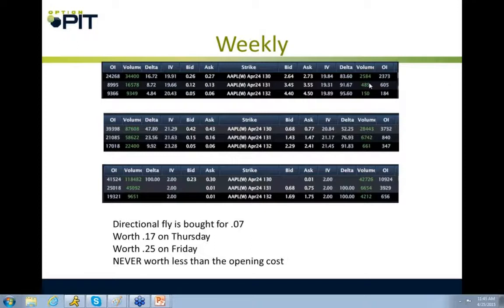during the week is 11. I saw them on Tuesday night, and it was worth 11 cents. On Thursday, it's worth 17. So you've made a nickel, and you've doubled your money out by Friday. And in fact, during the day Friday and during the day Thursday, you had opportunities to make a lot more